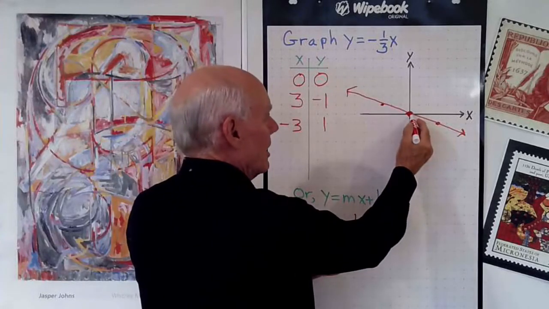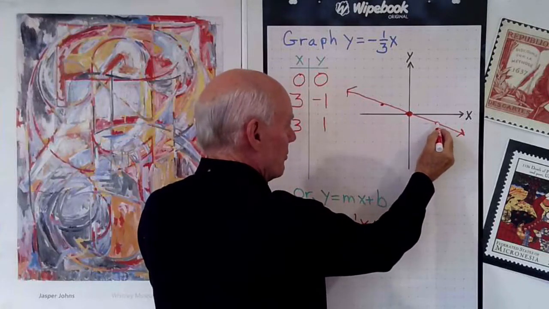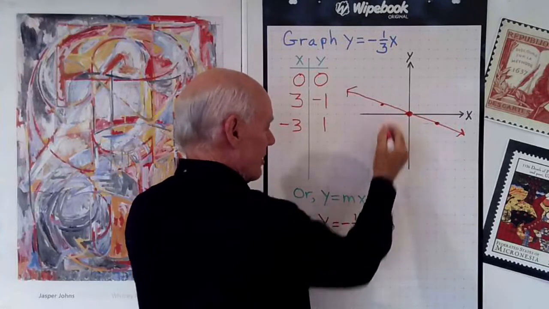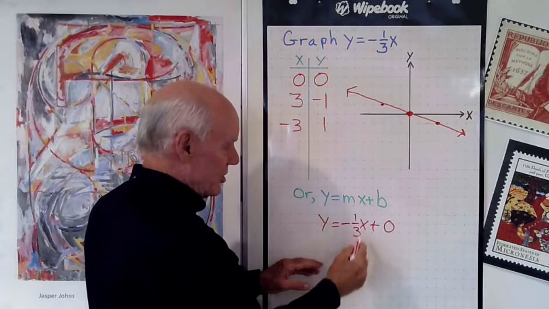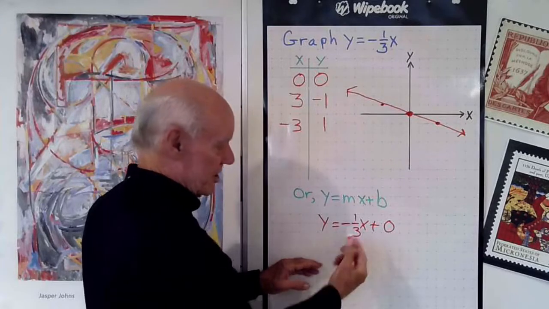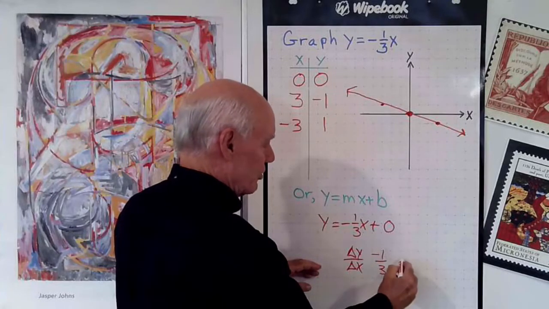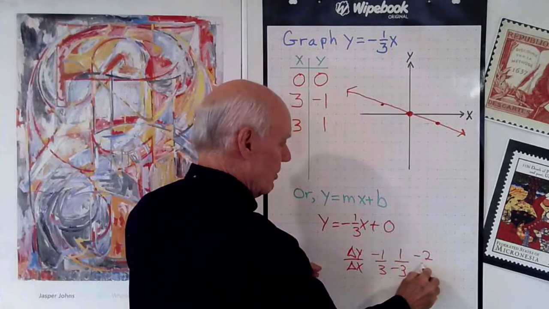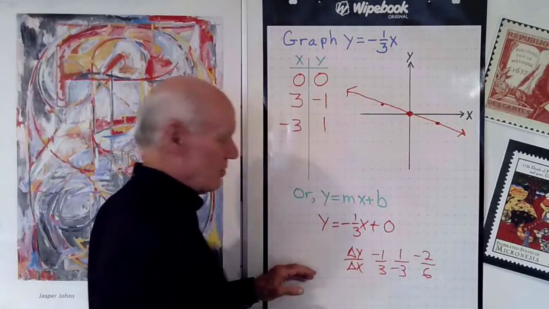And then it has a slope of negative 1/3. So if I go down 1, I've got to go forward 3 to get back to the graph, or if I go up 1, I've got to go back 3 to get to the graph. Whatever that ratio is, remember that this is the change in y divided by the change in x, and it has to come out to be negative 1/3. So it could be negative 1 over 3, it could be 1 over negative 3, it could be negative 2 over 6, whatever it is,